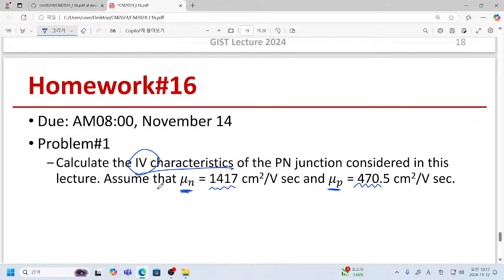This is actually the most important part of our entire semester, homework number 17. But if you can perform homework number 16 without problem, then that can be a really good stepping stone to achieve a successful homework number 17, I hope. Okay, so thank you for your